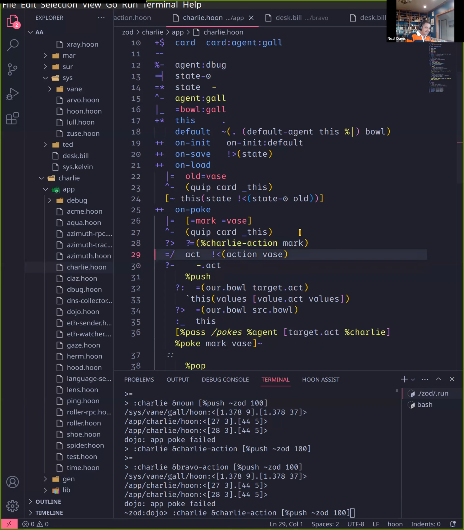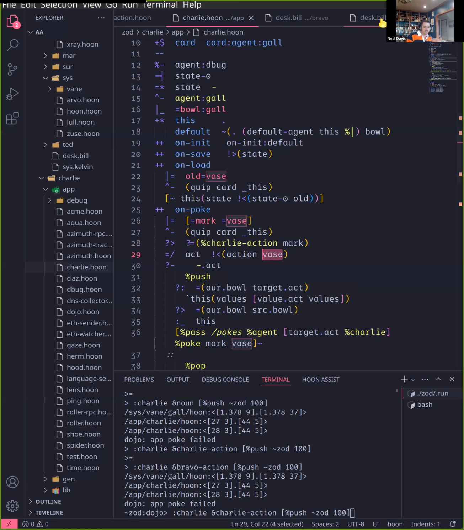If it succeeds, then my next step is to zap gal it. Zap gal, if you look at the docs, it has some very technical way of describing it, like elevate a dynamic value into a static context or something like that. But basically what this means is we have some value that we do not know when we compile this program. When we write this program, we don't know what someone's going to type in here. But what we want to do is take that vase and run it through action,